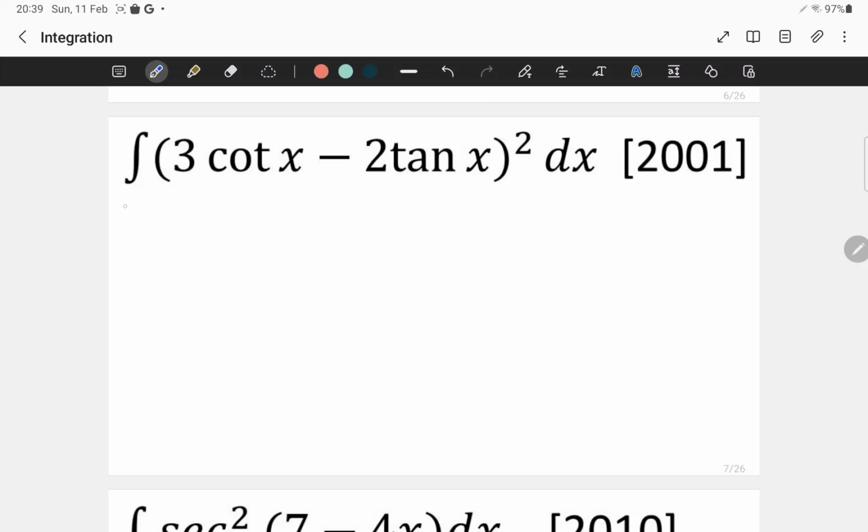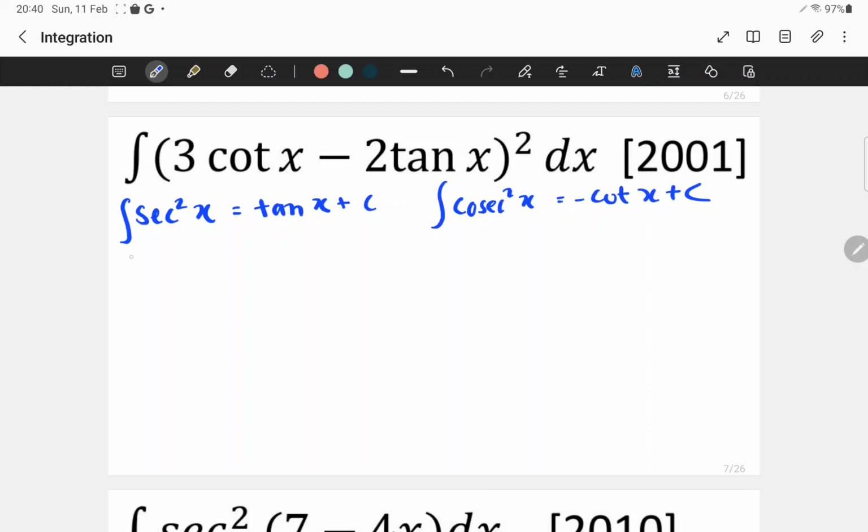So if we remember, we know integration of sec square x is tan x, and we remember integration of cosec square x is minus cot x. So we know these two integrations, and always we can convert. One more formula we remember,